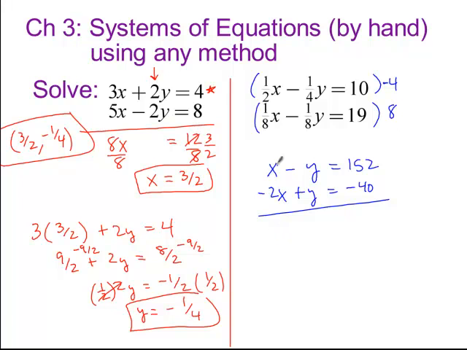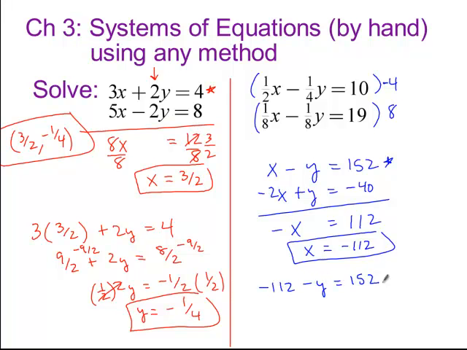I can now combine straight down the columns. This gives me a -x, the y's cancel, is equal to 112. Change the sign of both sides of this equation, and I get my x value to be -112. Now I can plug this into any form. I could use one of the original forms, but since those have fractions, I'm going to go ahead and change it to this equation. So if I substitute in a -112 for x, minus y is equal to 152,